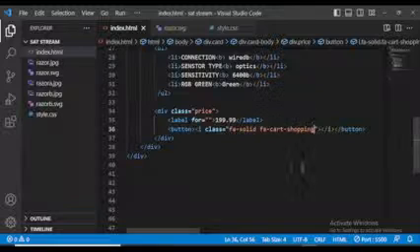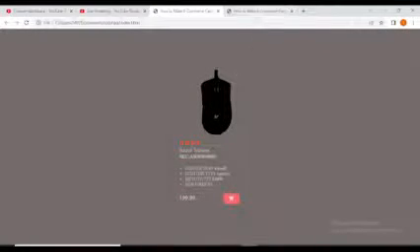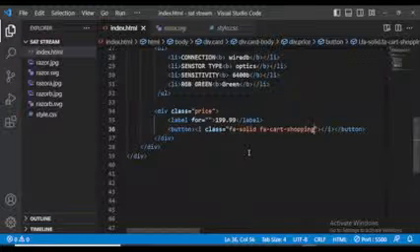So I've done this one. Let me look at the progress that we have made inside our browser. You can see we've got the shopping cart. So now is the time to style this cart to make it go right at the center of the page. So to do that, I'm going to have to